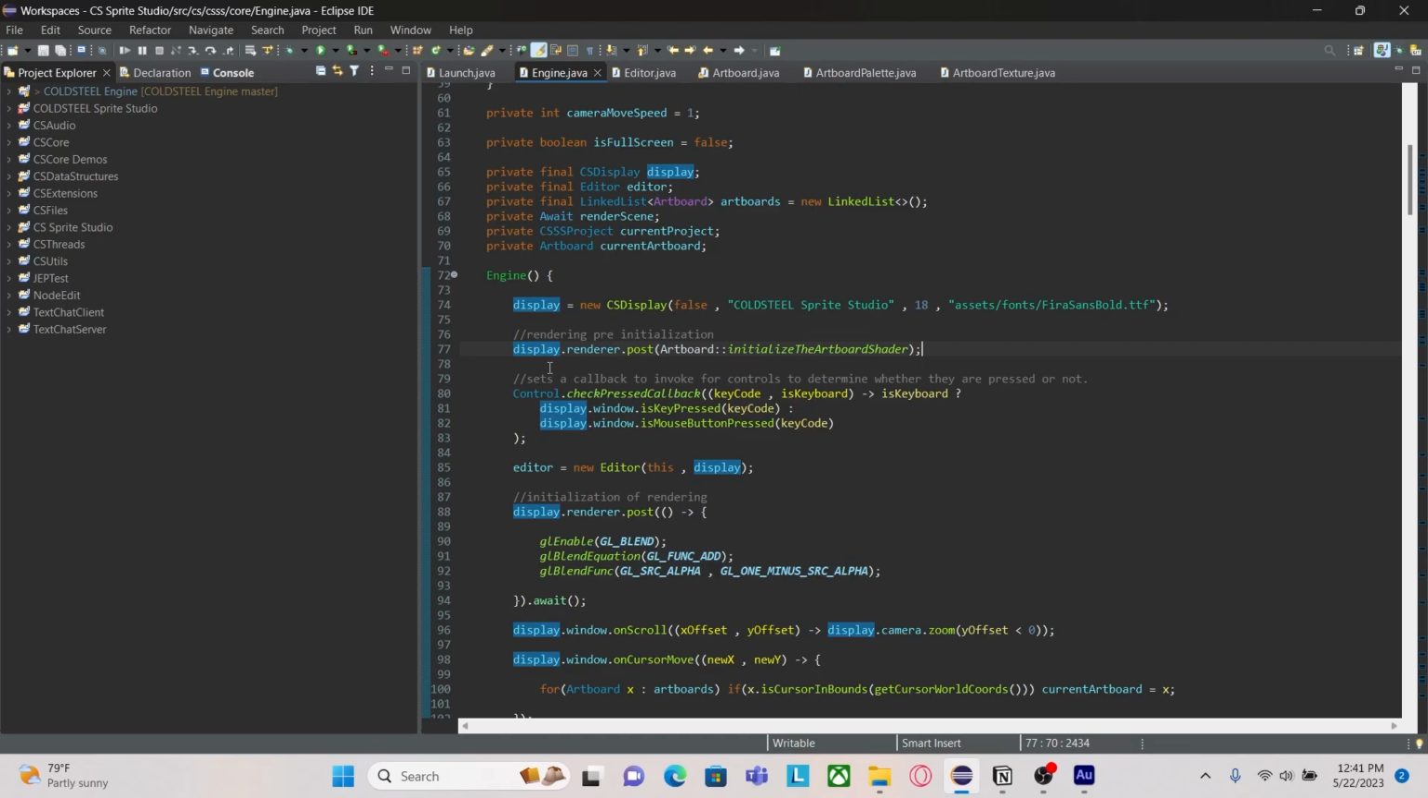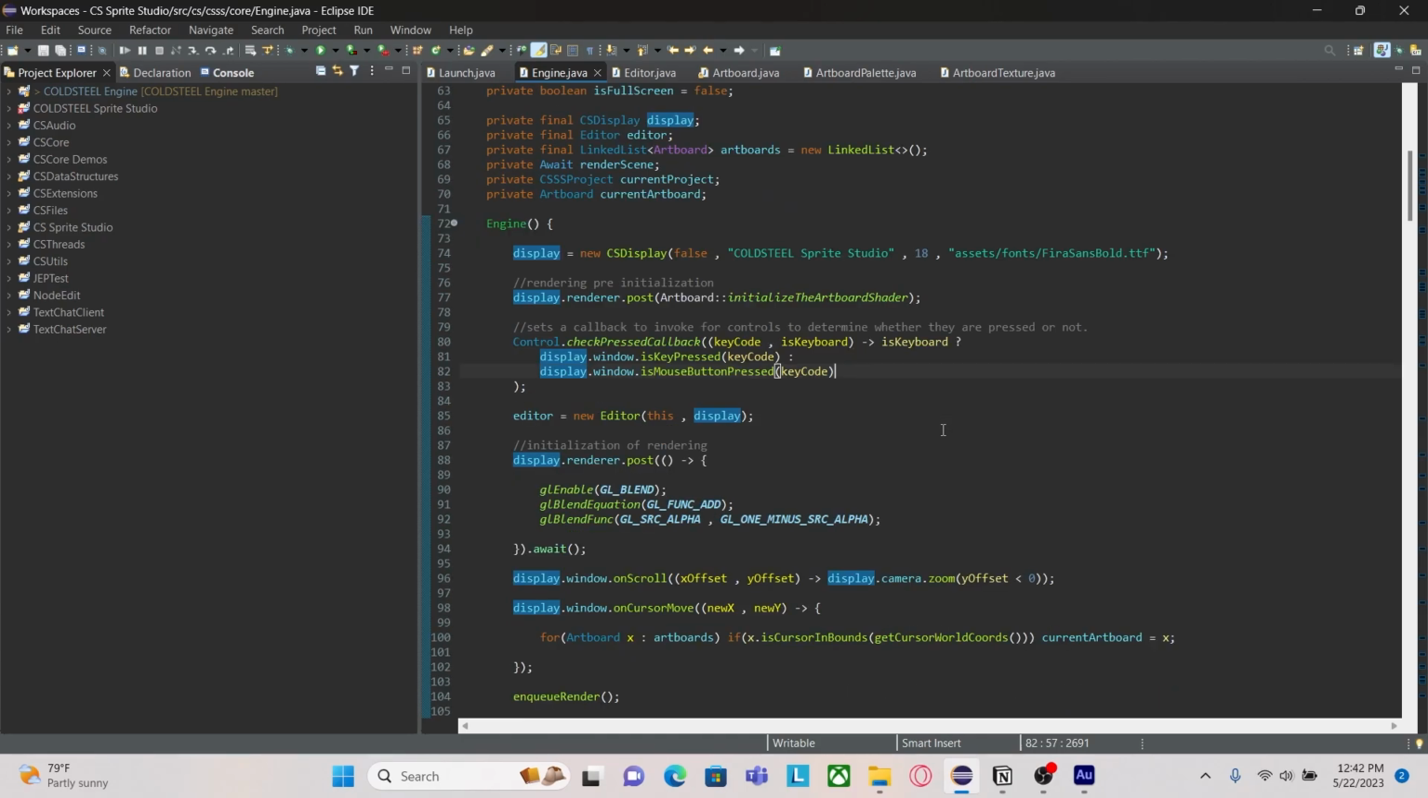After that, I set up a very basic system for program controls. Controls like move camera, activate artboard, undo and redo. It is very simplistic. What this basically does is set callbacks for whenever a key is pressed to check whether it's a mouse key or a keyboard key, and then to call the right window function or the right GLFW function to check it. We then create the editor,